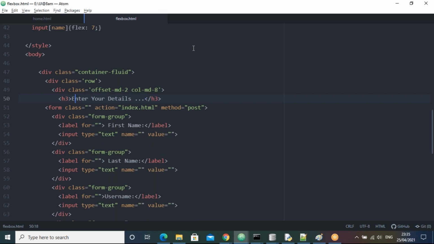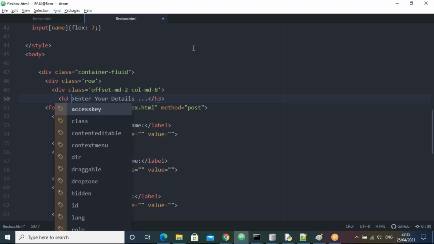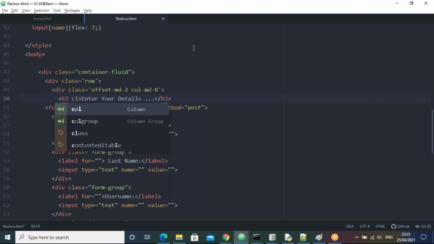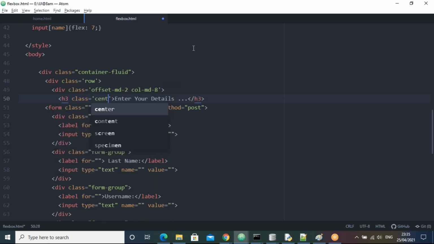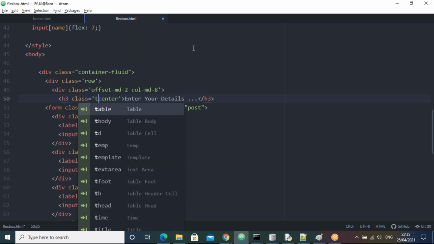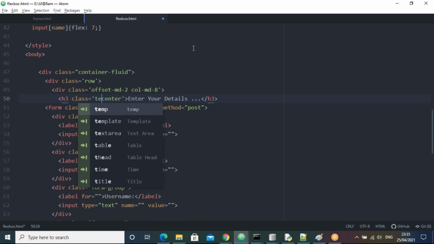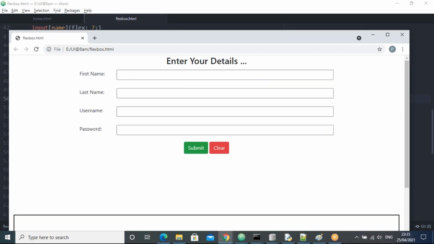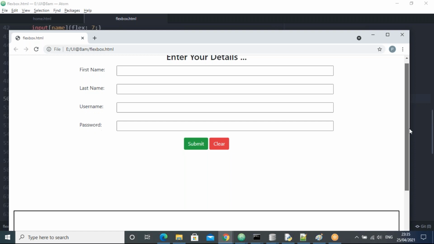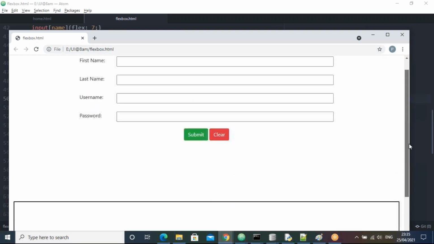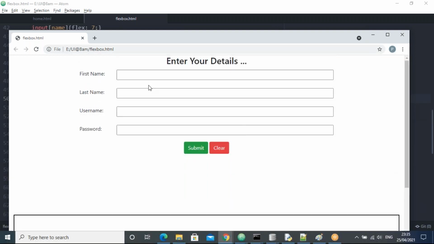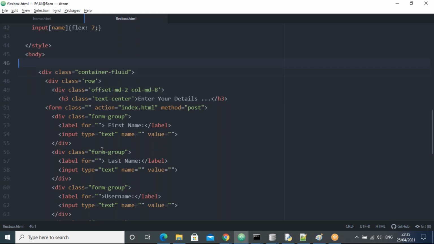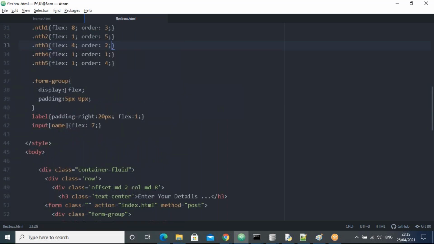I'll take the class text-center, the Bootstrap class. Now all of you can see the form, right? So like this, we can use the flex box.